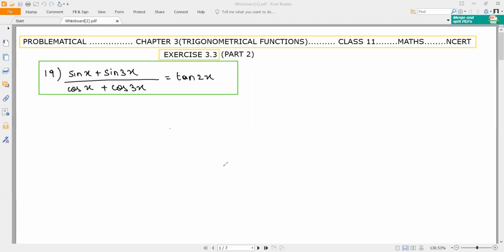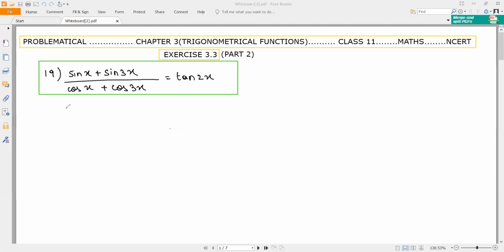Today we'll discuss exercise 3.3's second part from chapter 3 Trigonometric Functions, class 11th Maths NCERT. Now this question has an LHS and RHS. The main question was to prove this equation. That means to prove that LHS is equal to RHS. So